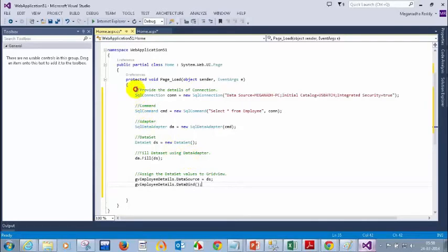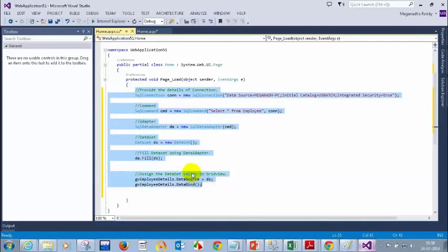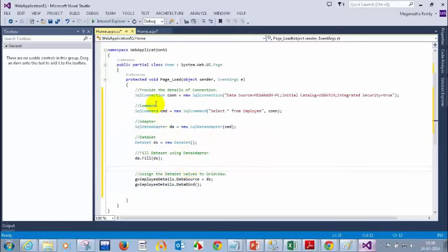So these are the steps for connecting to the database. First, you need to tell your connection details, how you connect to the database. For that you need to tell your server name and database name, and what is the command. This command will tell which table you want to get the details from. Here you are telling the server details and database details, and here the command for which table you need to execute in this database.